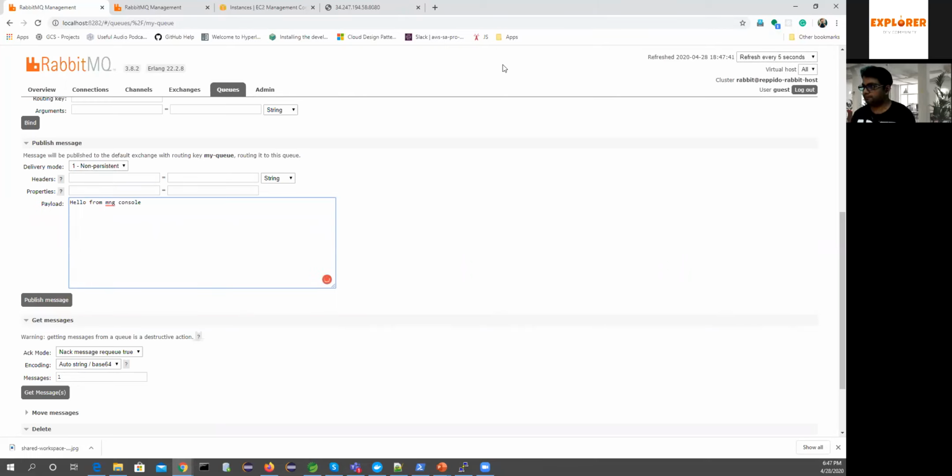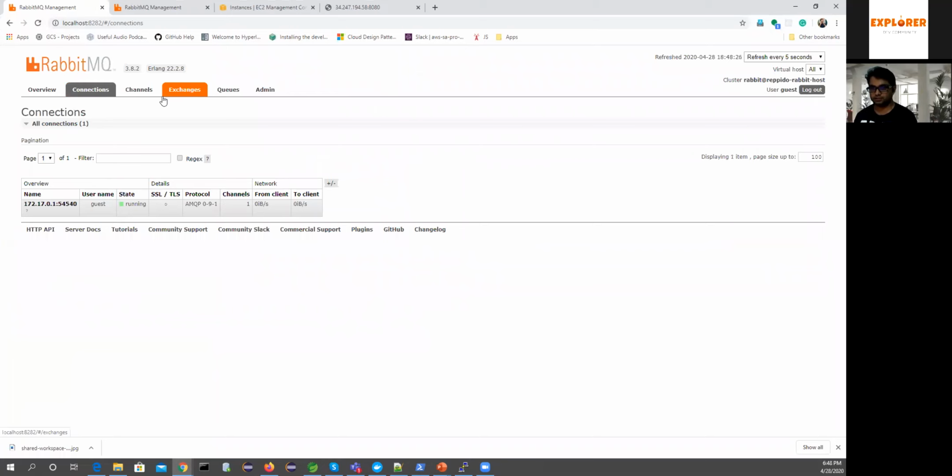Hope this gives you some overall understanding about RabbitMQ and what is a queue and exchange and channel and connection.